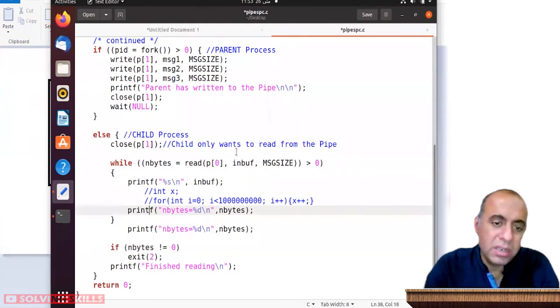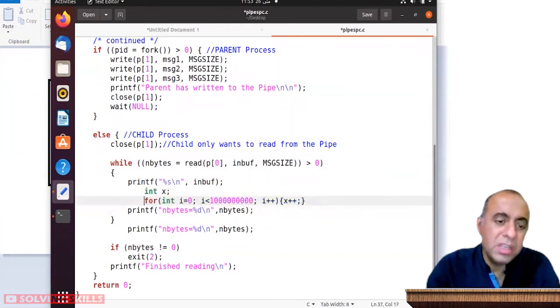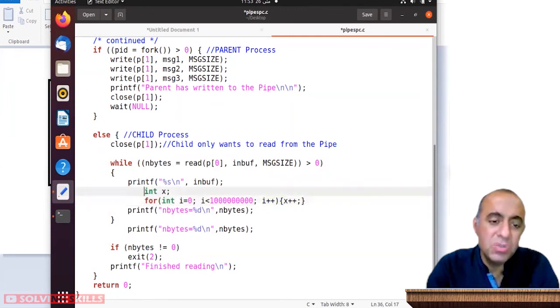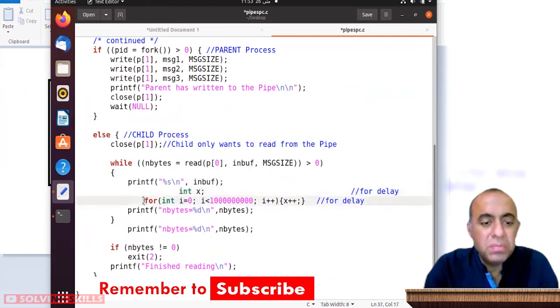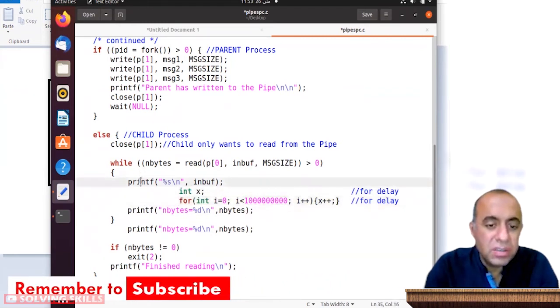Here you can see that, by the way, these are things that I was just writing for delay, these two lines. So you can try to ignore them. And for the rest of the things,